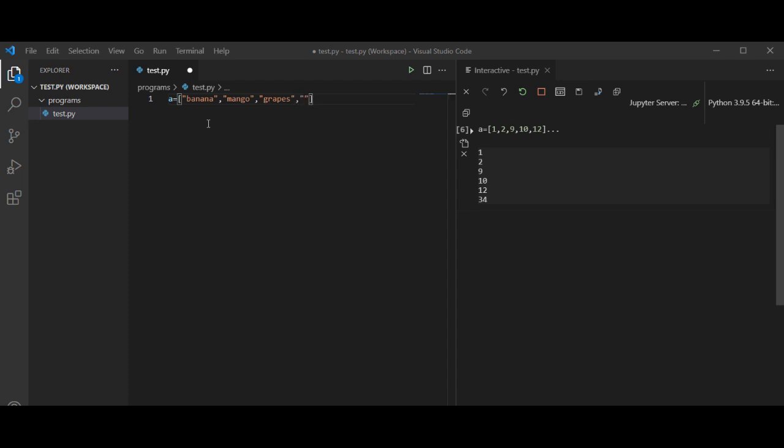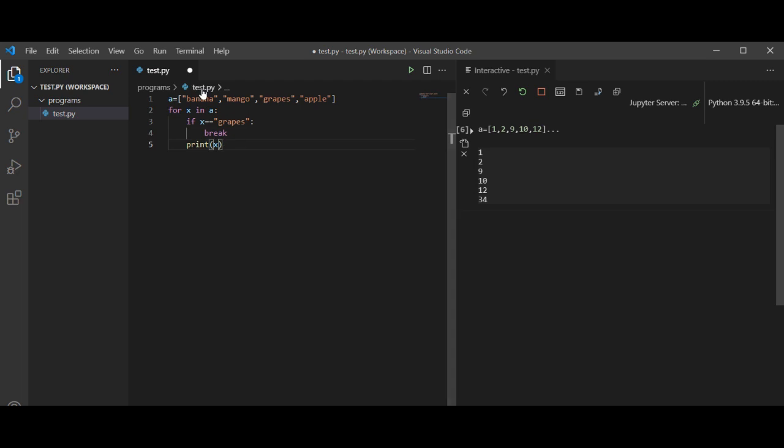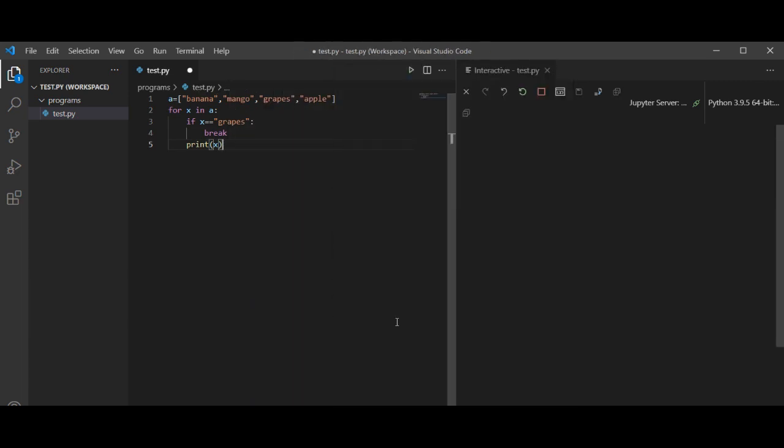Now list some names, for example fruits. In this case we will discuss the break statement in the loop. So for x in a, if x reached grapes, when the index is reached at grapes, the loop will break and the cursor is moved outside the loop.